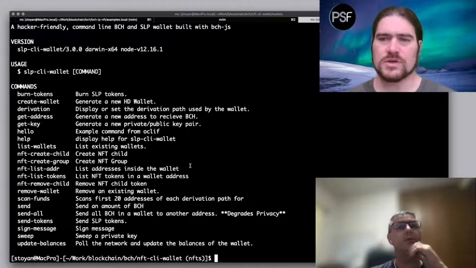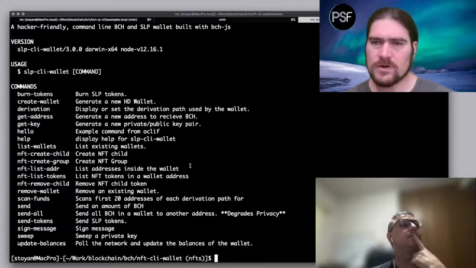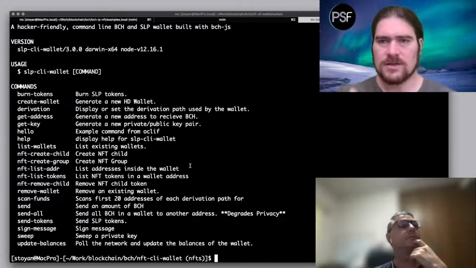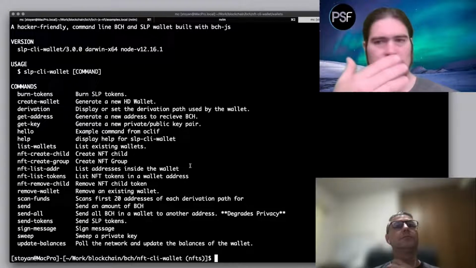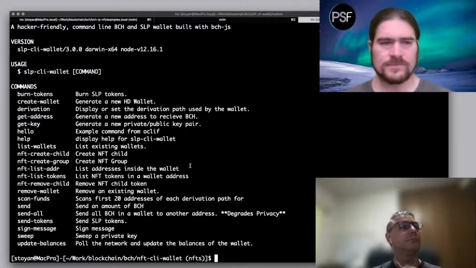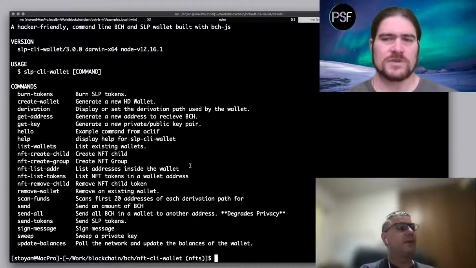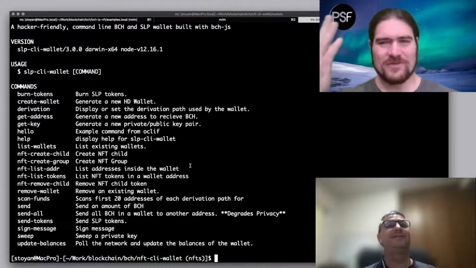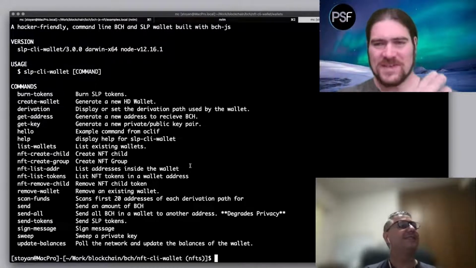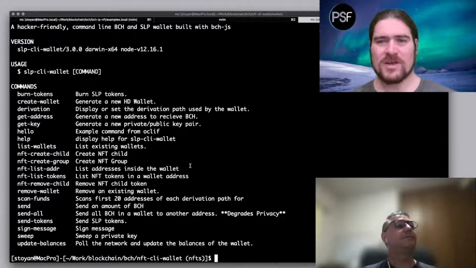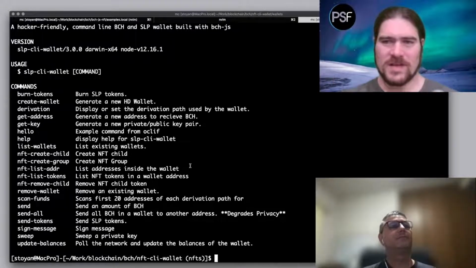And so you could do that same thing with these NFTs, where you could be like, this is my NFT address, and I'm going to put some Bitcoin Cash in that address to pay for transaction fees. And all my NFT work is just going to use this one address. Okay, I will check these methods. Yeah, I will too, because I'm going off of a fuzzy memory, and I don't know if that's actually how it's implemented here. I know I implemented it at one time, but I don't know if it made it into the main line.